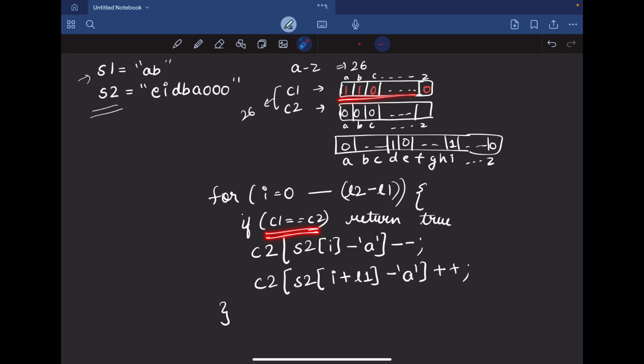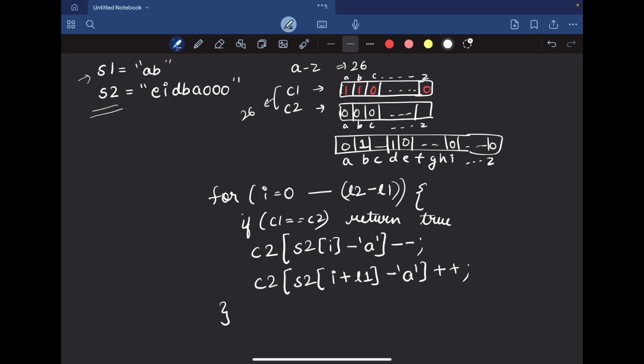So they are not equal. So it will come here. So now at this point we were considering I and D. So it will add B now and it will remove I now. So B will be incremented by 1, right? And I will be decremented by 1. So this will become 0.